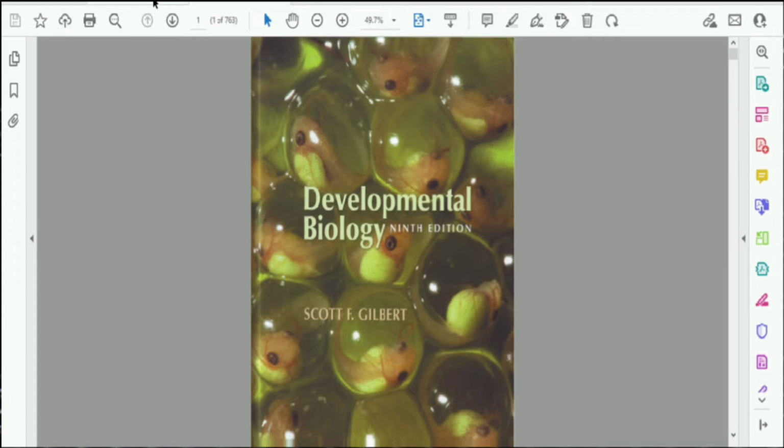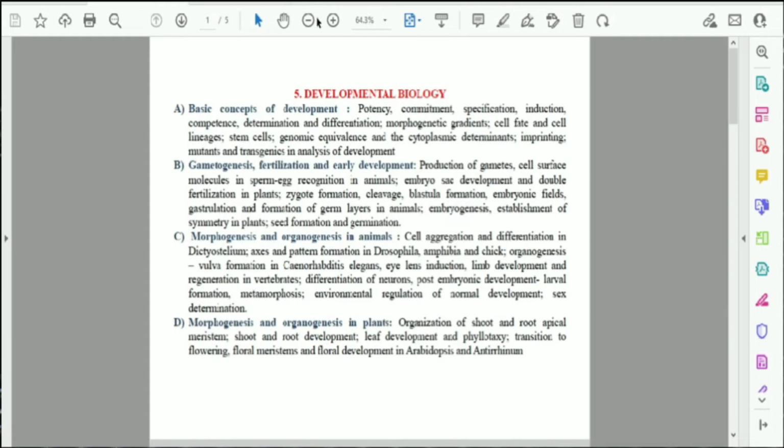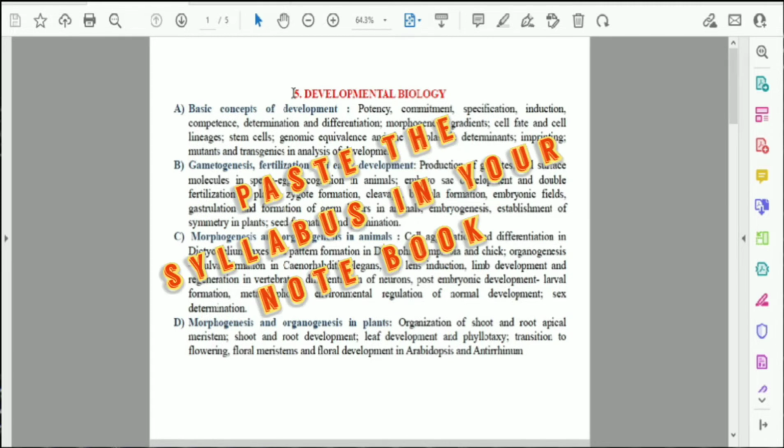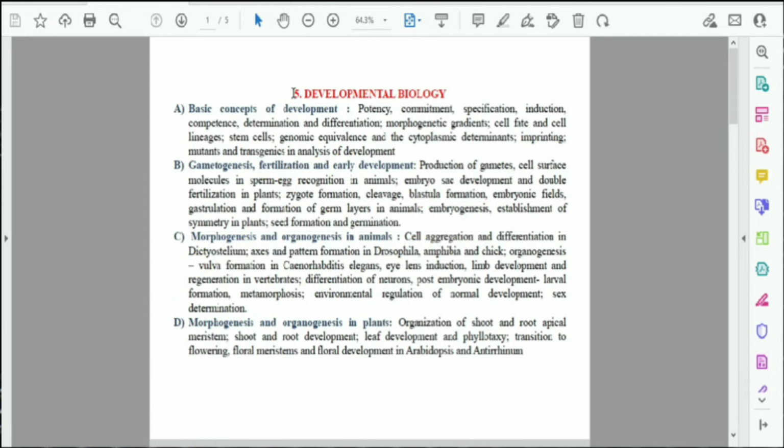So first thing is that I have this syllabus in my hand, which I took from the CSIR website. You can download the life sciences syllabus, or I hope you all have downloaded it, but the thing is that you have to study, only then will you be able to clear. There is no meaning in downloading the syllabus alone and not studying from it. Okay, so keep a separate note for developmental biology, Gilbert, so that before your examinations you can easily glance over those things.